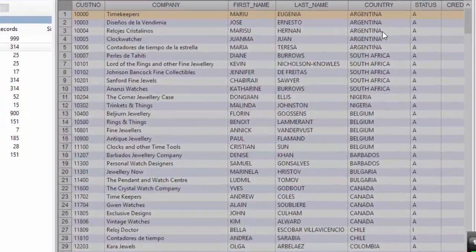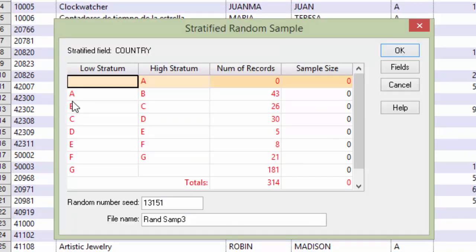then click on OK button. As you click on OK button, this will show the data. The country started from A, it's 43, started from B, it's 26, started from C, it's 30. Now sample which you